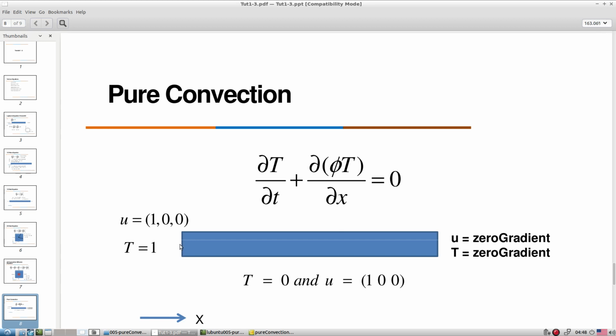From this side we are specifying the velocity equal to 1, and the temperature or the scalar T equal to 1 is propagating with the help of the provided velocity. For that we are also going to check a few more quantities like the effect of CFL number or Courant number, or the effect of different classes of schemes. So a few things we try to observe with the help of this very simple test case.